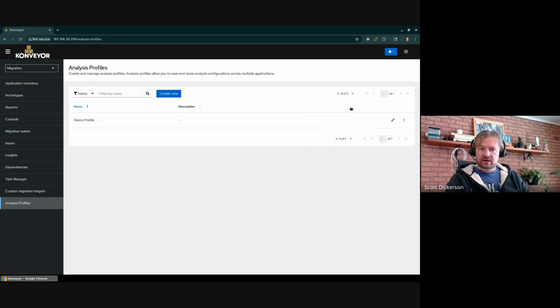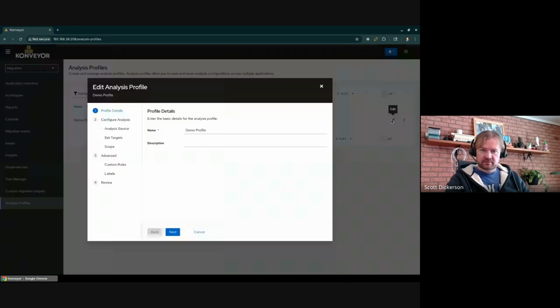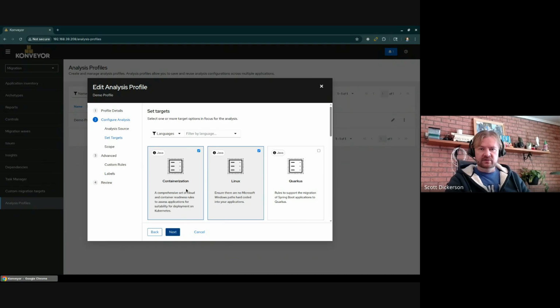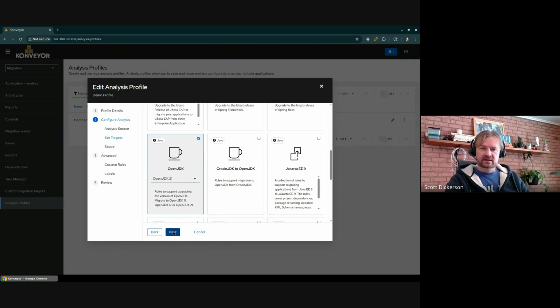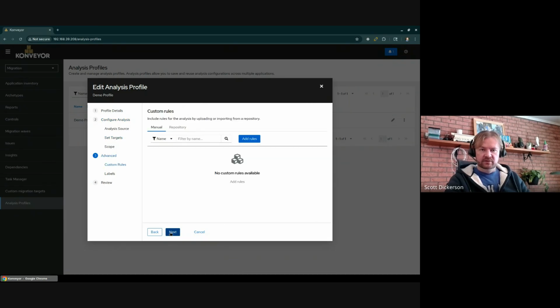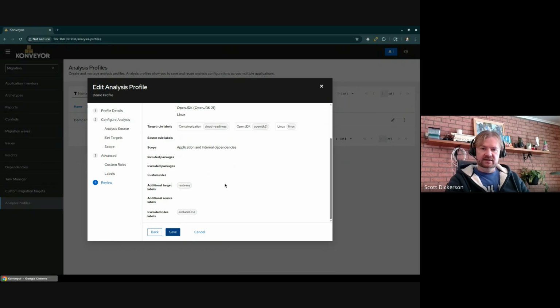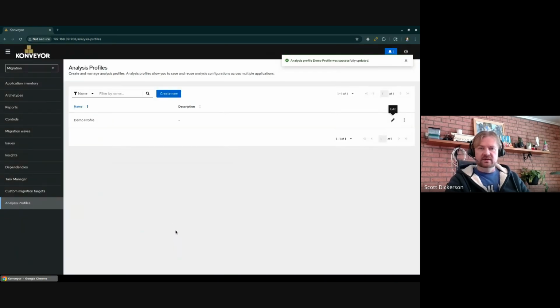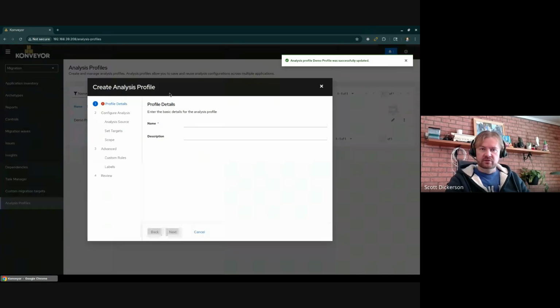So over here, we can also edit a profile, and this should look exactly like what we just looked like in the analysis wizard, except we're editing a profile. So we go through, everything is how it is, and we save it. It's saved. We can go through, create a new one,